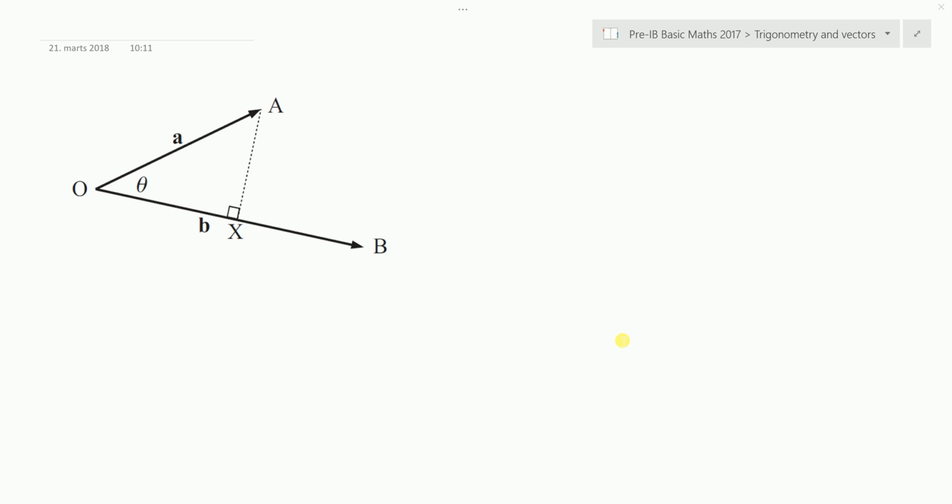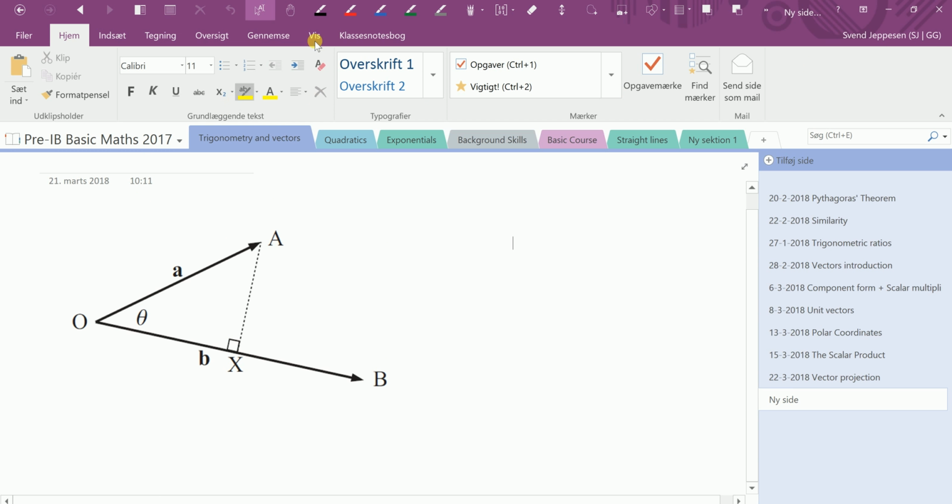Hi there. Here's a little discussion on vector projection. Actually, it also proves the formula shown in the notes. But let's first get a pen here,